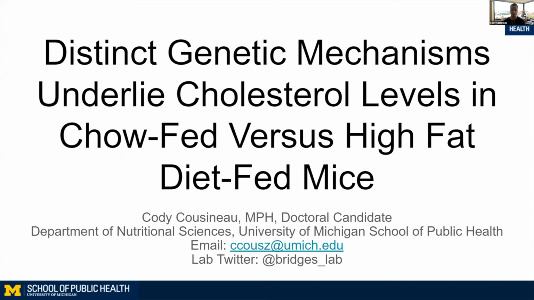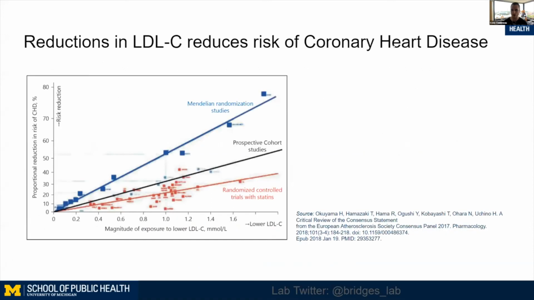I'm going to be going over how distinct mechanisms underlie cholesterol levels in Chow-fed versus high-fat diet-fed mice. We know that heart disease is due to about 50% diet or lifestyle and 50% genetics. So we wanted to explore a trait that is complex and driven by both lifestyle and genetics, and we settled on cholesterol. It's fairly clear that lowering LDL-C results in a proportional reduction in the risk of coronary heart disease,